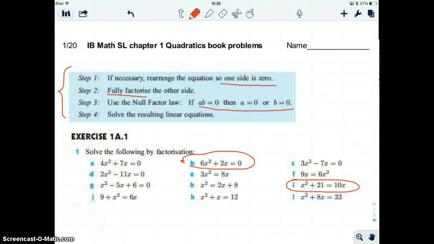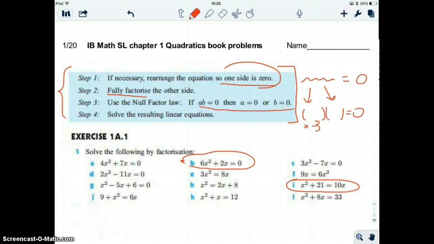Quadratics, page 1. I've chosen a few problems to do on page 1. Basically, you should read this first part up here. It says that when you are trying to solve an equation for x, oftentimes you might be able to put everything on the left so that on the right there's only equals 0. And then once you do that, let's say you've got a bunch of stuff over here, if you can factor this into a couple different binomials, and when I say binomial, I mean like x minus 3, something like that,